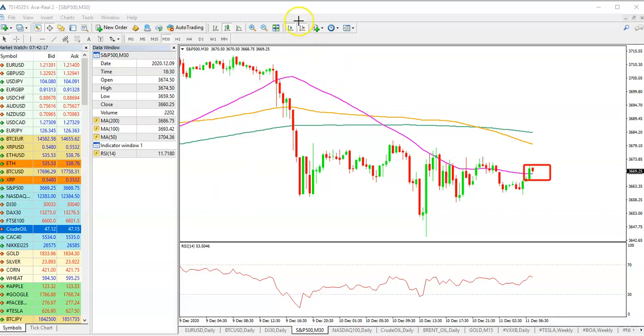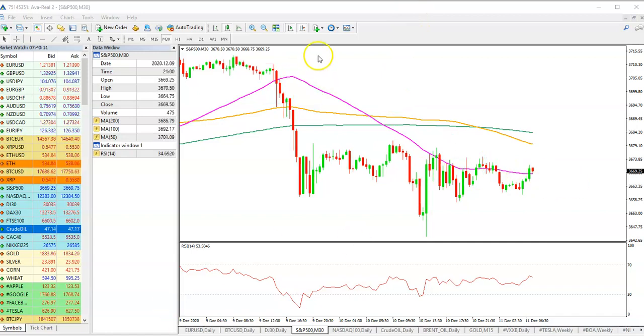Of course, on the 30-minute time frame, what we've experienced for the last few days, because we are on track to record 3 days of consecutive losses, is that when the price crossed below the 50-day simple moving average on the 30-minute time frame right over here, this sell-off happened. Now the price has crossed above the 50-day simple moving average on this particular time frame.